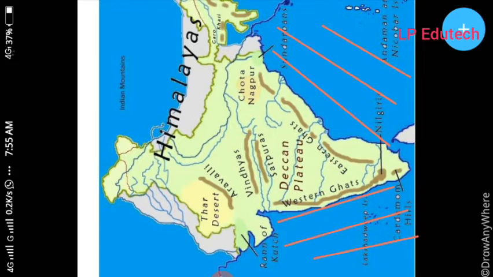The reason is that many large peninsular rivers drain their waters in the Bay of Bengal, and on the contrary, only small seasonal coastal rivers drain in the Arabian Sea. They originate from the Western Ghats, very few rivers, and those are seasonal ones. Only in the rainy seasons do they flow. Hence, the salinity of the Arabian Sea is more than the Bay of Bengal. So that is the reason behind it.